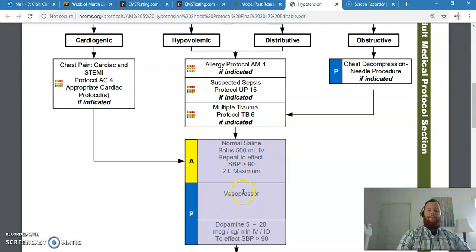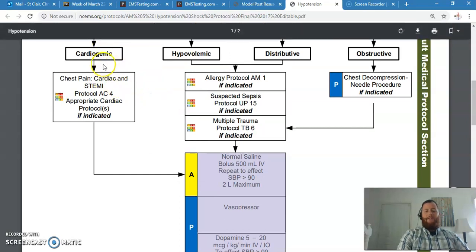So we said dopamine, dobutamine, epinephrine, norepinephrine, and there are others. Those are just the more common ones. All fall in this vasopressor category. And let's say that your agency allows you to choose which vasopressor you're going to use, which a lot of agencies do. Then it's important to understand that if I give this patient in cardiogenic shock